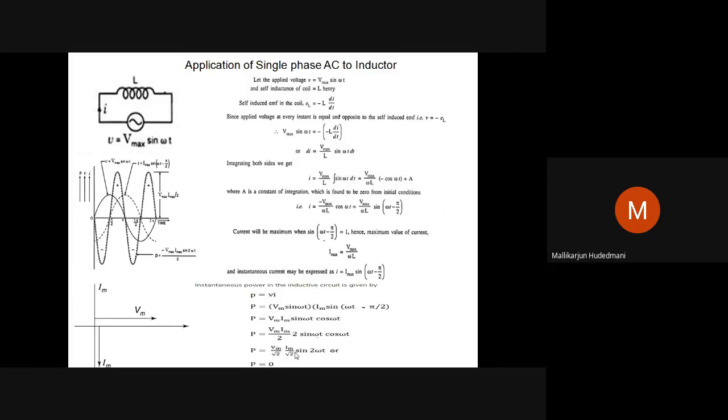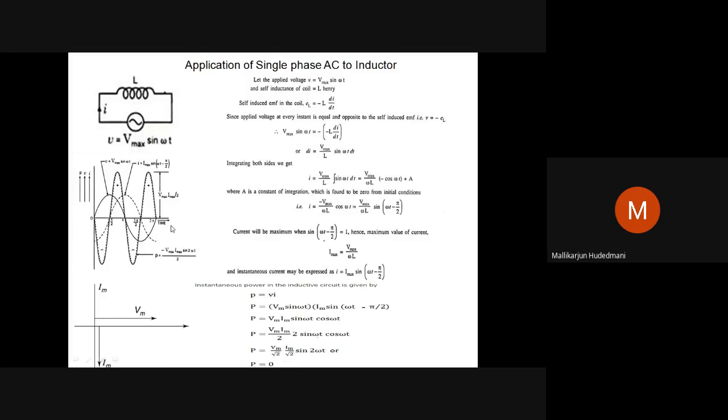Whatever energy investment is done by the source is to build the electromagnetic field strength. Whenever the source is diminishing, that electromagnetic energy is released back to the source. So therefore it is stored as an electromagnetic field. Then I would like to say, when power is 0, p equals 0. In the earlier case, power was not 0, we got v into i there. If p is 0, how is that power wave represented? Because I have an instantaneous power equation. What is the instantaneous power equation? Vm Im sin ωt cos ωt.